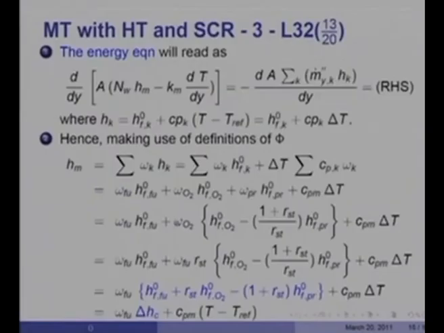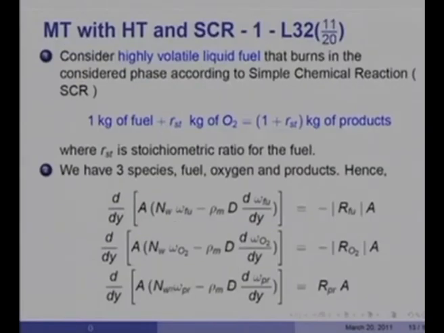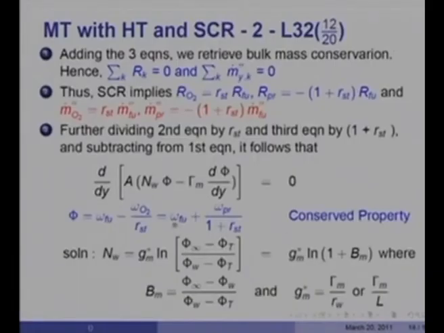Likewise, if I divide this third equation by 1 plus RST throughout and add, then again the right hand side would be 0, and I will have a phi which will stand for omega_Fu plus omega_product over 1 plus RST. And we said that any equation of this form with the 0 source term implies that phi is a conserved property. So, we have again got an equation of a conserved property like the inert mass transfer problem,